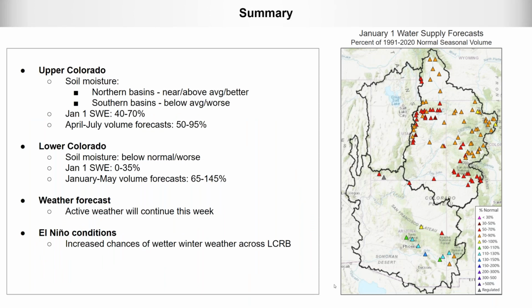So to summarize here, in the upper Colorado River Basin, soil moisture across those northern basins is near to above average and better compared to a year ago. In the southern basins, so the Dolores, the San Juan, down into Arizona, soil moisture conditions are below average and worse compared to a year ago. January 1st,